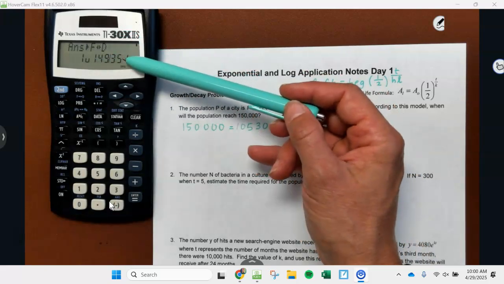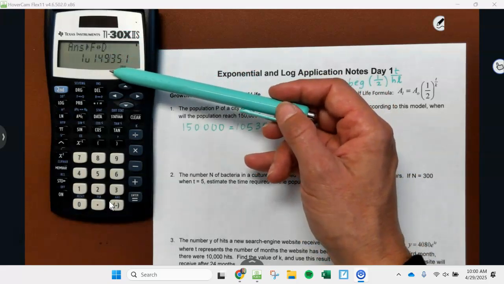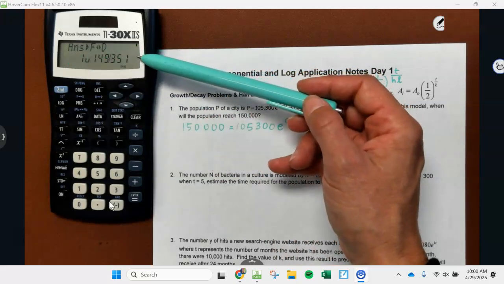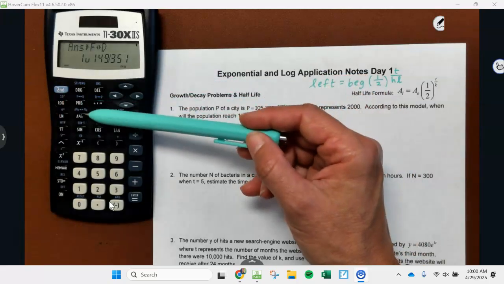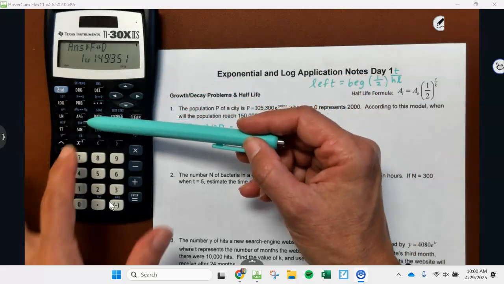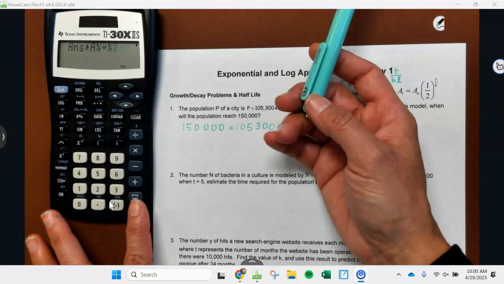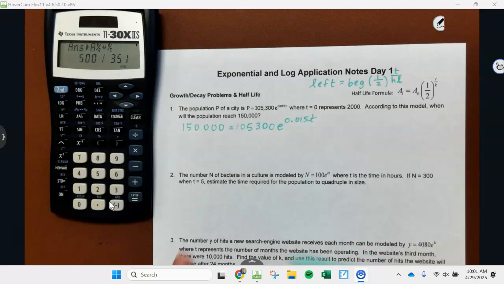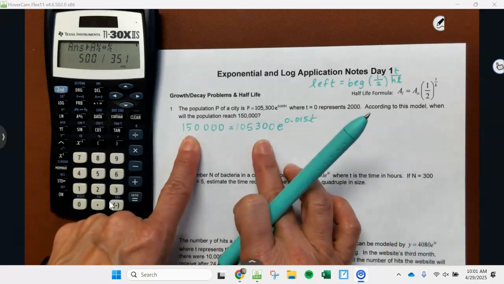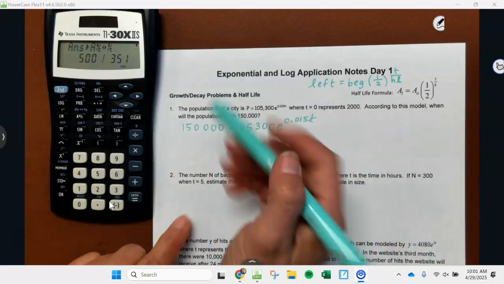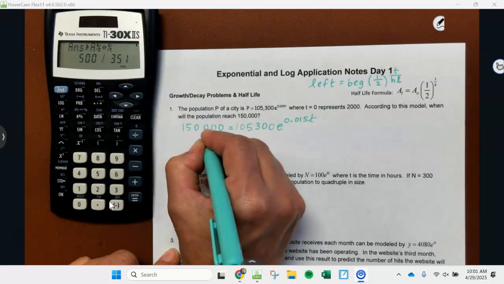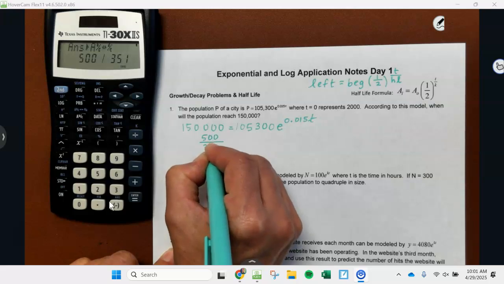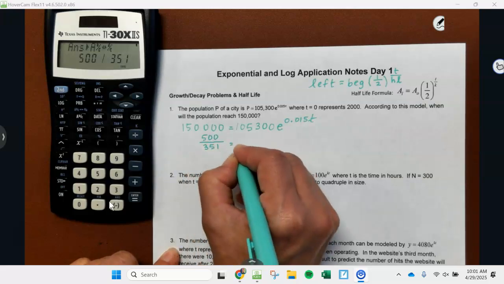And I notice it's a mixed number. Remember, this calculator does impropers for us. After you get this, hit second, and then the button below PRB. And then when you hit enter, it'll give it to us as an improper fraction, which is exactly what we want. So when we divide both sides by 105,300, we get 500 over 351 equals E to the